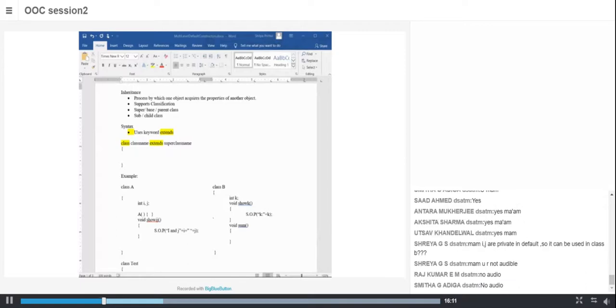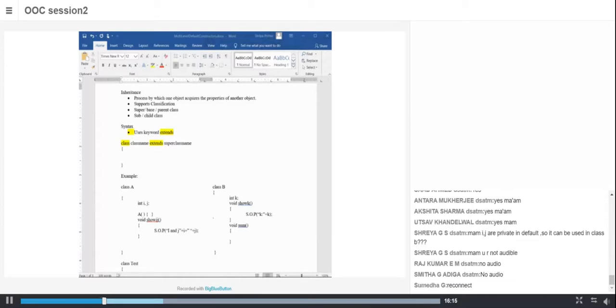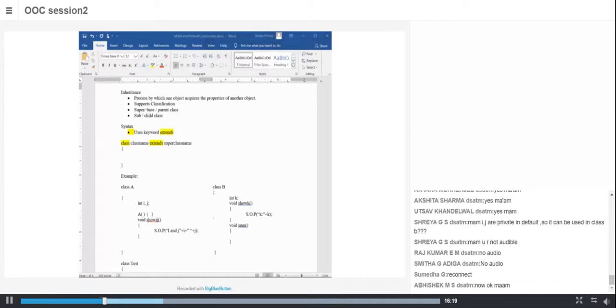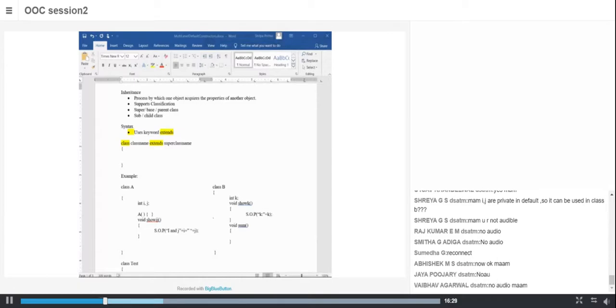Not audible? That's the main reason: if I keep on changing my screen, what happens is if I keep on updating. No audio?